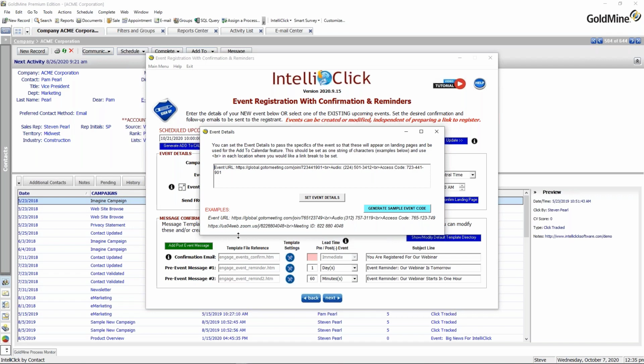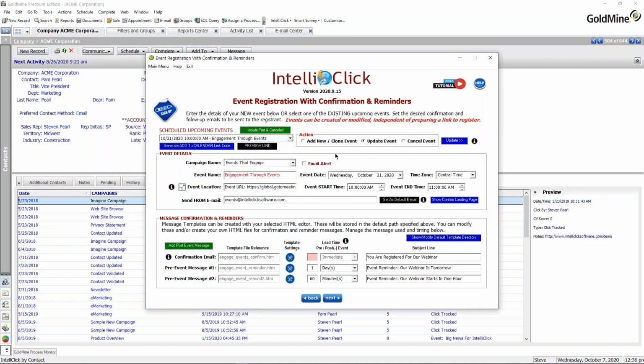Any one of these can be set up as information that will automatically confirm and pass that information to the recipient as they join and register for the event. We also make it so that if you want to incorporate things like an add to calendar link right in any messaging you're creating. So the confirmation messages, you'll notice down here we have our message confirmation area where you